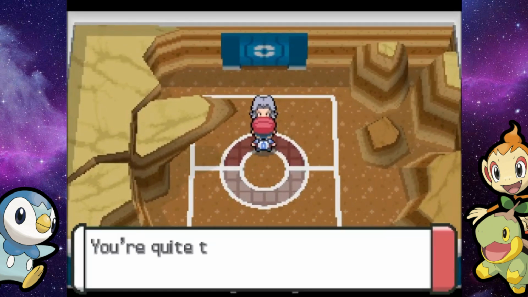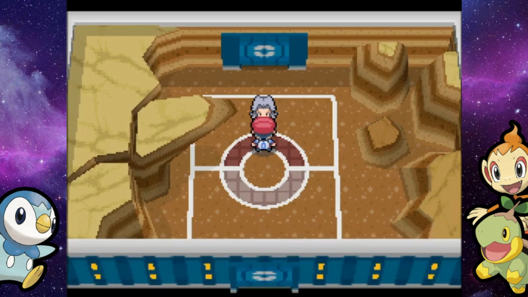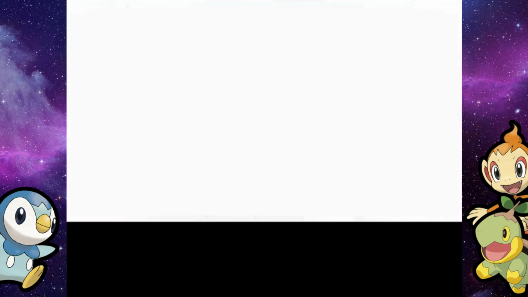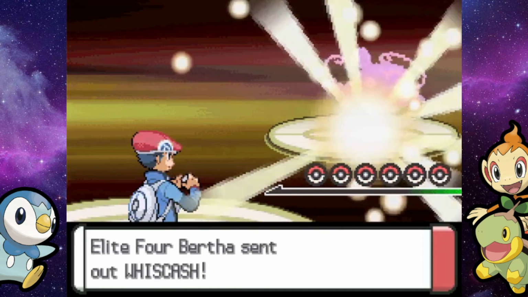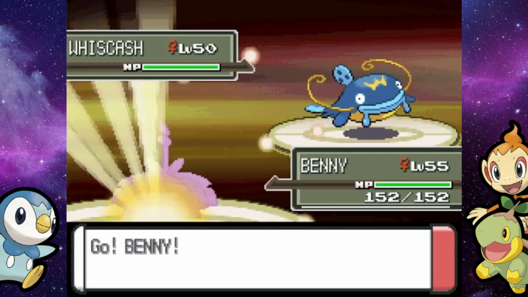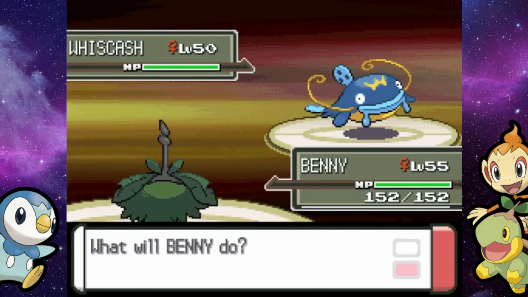Grass and water are some pretty common types, so hopefully you've got a super effective Pokemon for most of her mons. You'll see that a couple of them are a dual typing, so they kind of cancel out a couple of weaknesses. But she will begin with her level 50 Whiscash. Now, keep in mind this thing's a water ground type, so electric types won't work on it. Its only weakness is grass, and it's actually quad weak to grass, so that's why I started with Wormadam here,